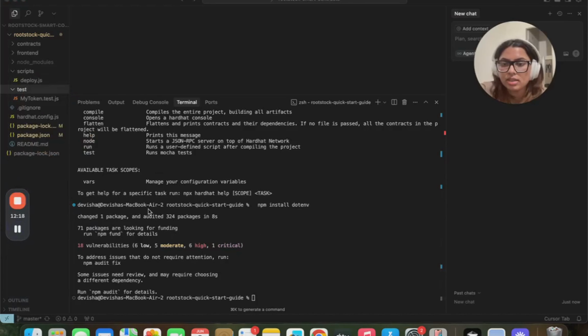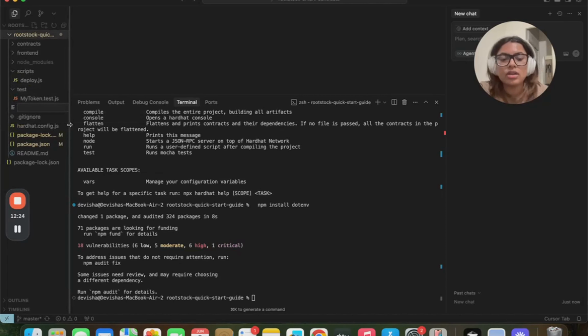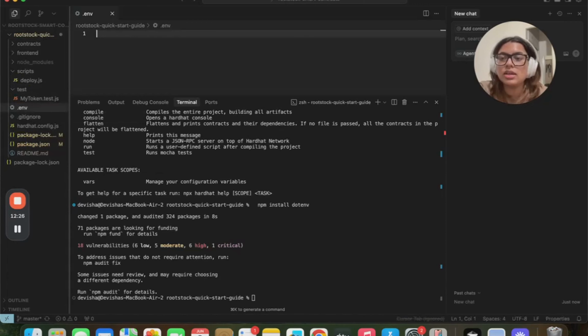Once dotenv is installed, we will be creating a new file here named .env, where we will be storing our testnet private key. How you can get your testnet private key is